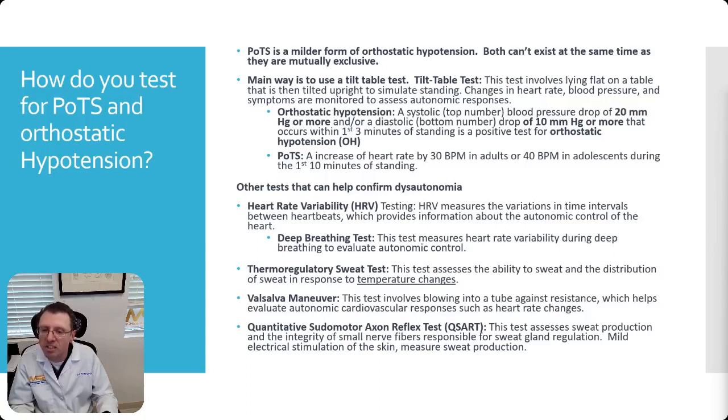Now, there's other tests that can be used to confirm dysautonomia. One is heart rate variability. That is the measurement between each beat of the heart, not the heart rate, but the changes between beats, usually measured in milliseconds. Deep breathing test. This can also evaluate autonomic control. We're checking your heart rate variability during this maneuver. Sweat tests. This looks at how you respond to different stimulation and temperature changes